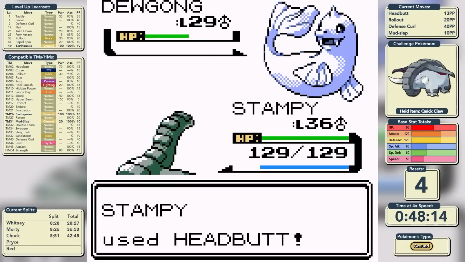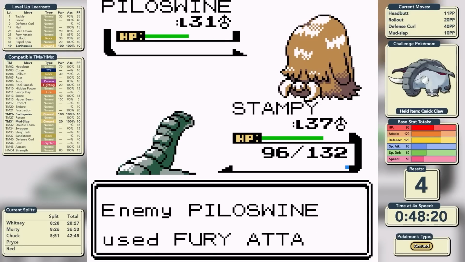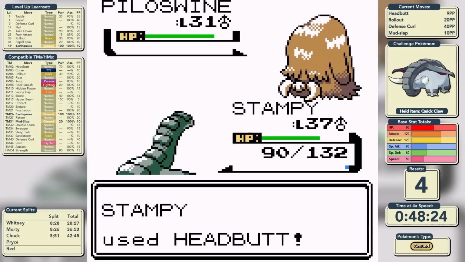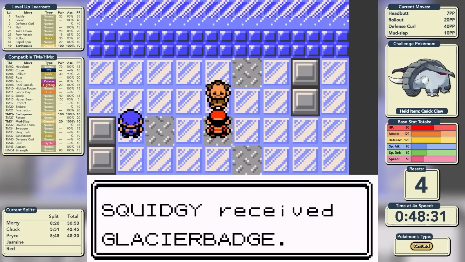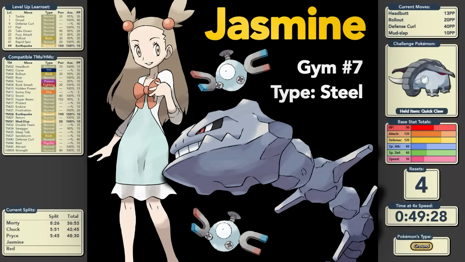Seel goes down in 1 shot this time, and it's a 2-shot on the Dewgong with an Aurora Beam hitting us for quite a bit of damage, but our attack didn't get dropped, and that means we can have a much better time against the Piloswine. He uses Fury Attack instead of Blizzard on the first turn, he flinches, he misses Blizzard, and that's enough for us to knock it out. Pryce's badge, the Glacier Badge, in hand in a time of 48 minutes and 30 seconds,